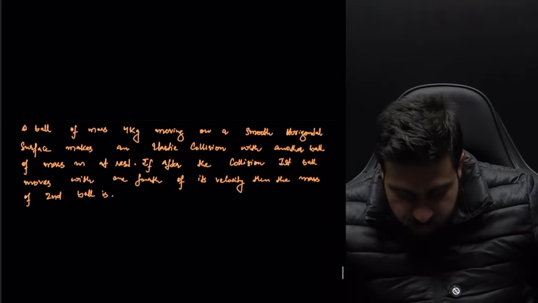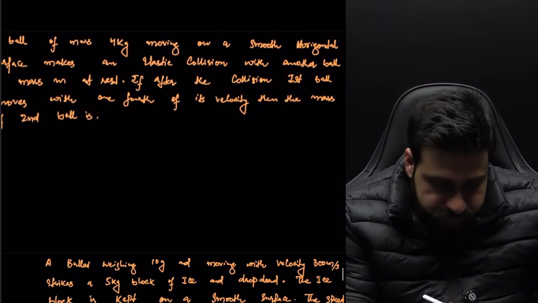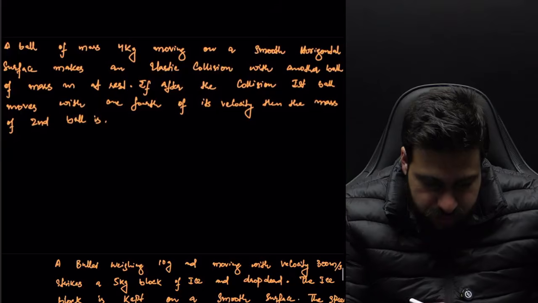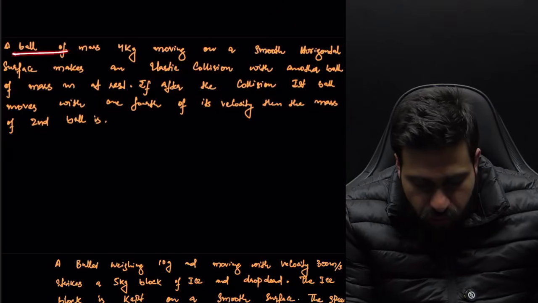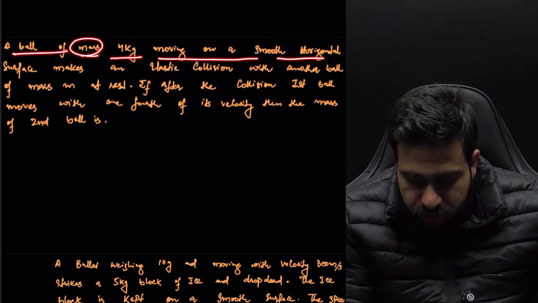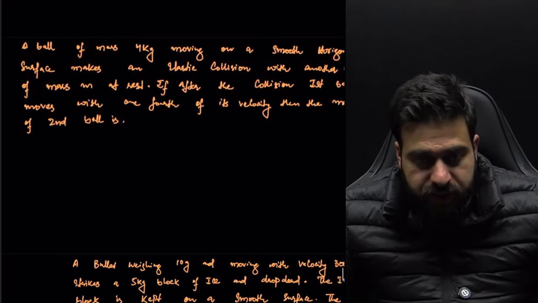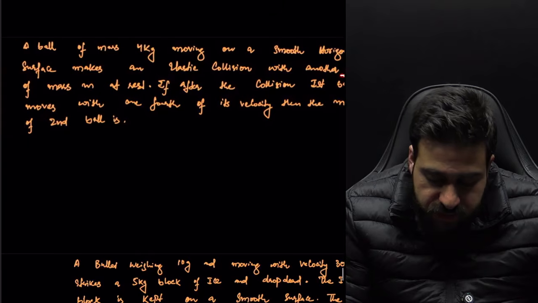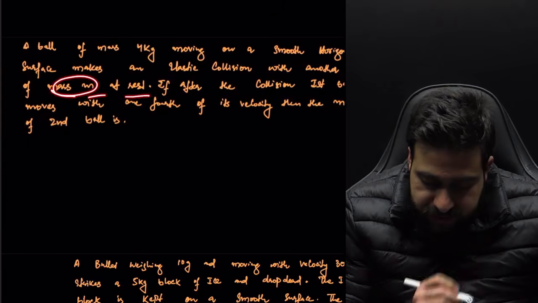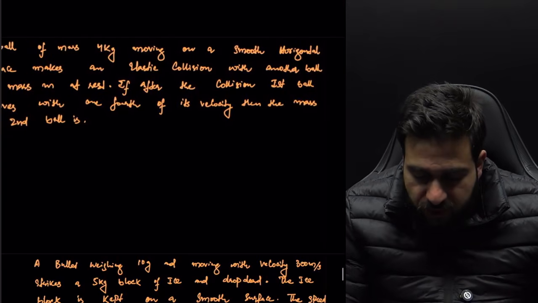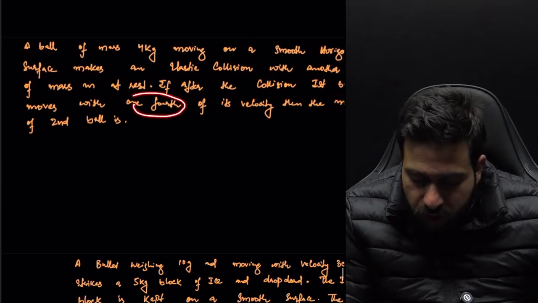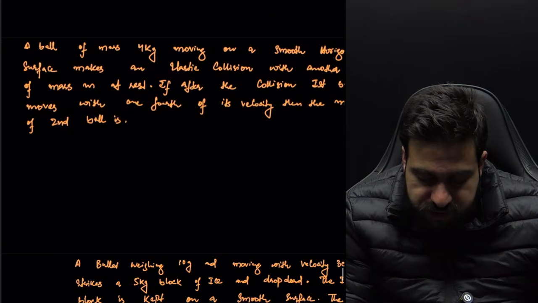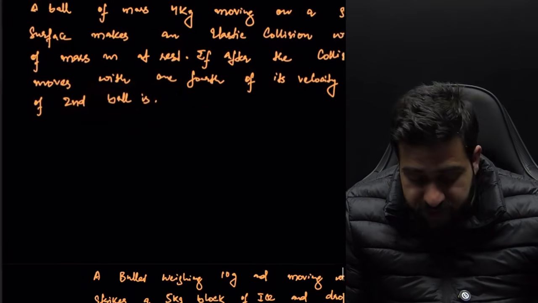Okay, let's move on to the next question. Take a look, guys. The question is: a ball of mass 4 kg moving on a smooth horizontal surface makes an elastic collision with another ball of mass m at rest. If after the collision the first ball moves with 1/4 of its velocity, then the mass of the second ball is